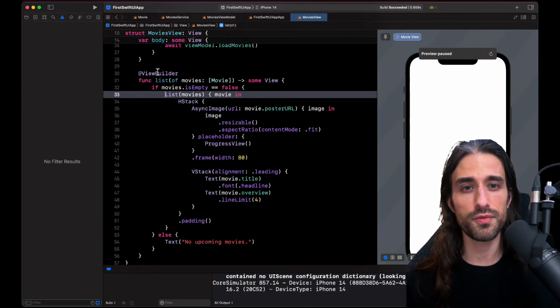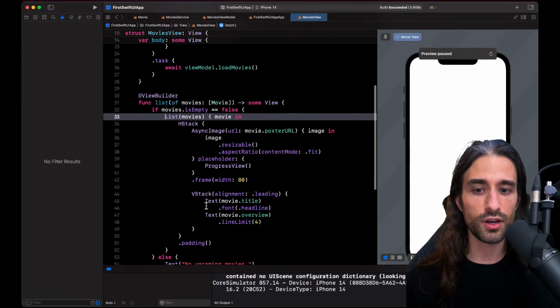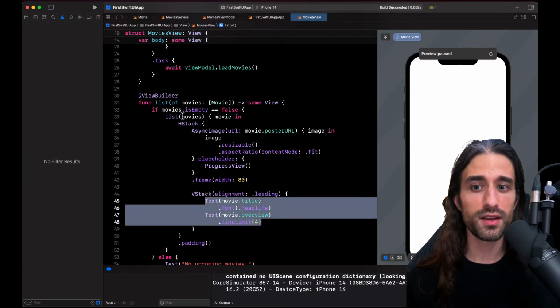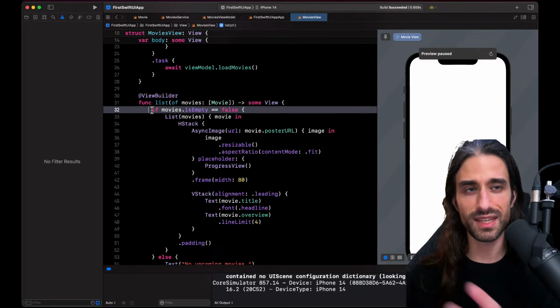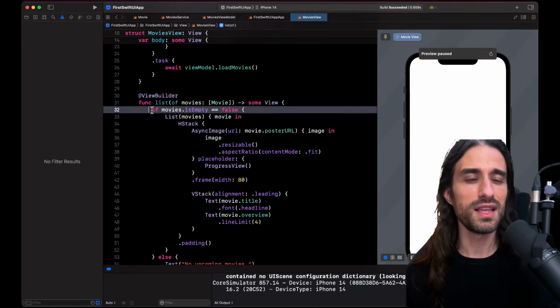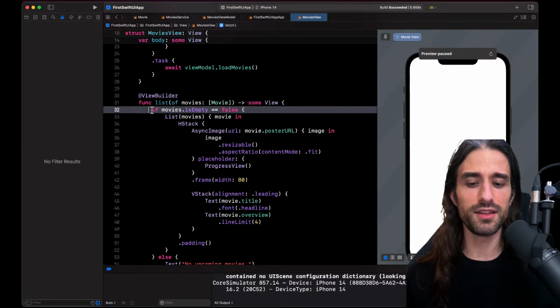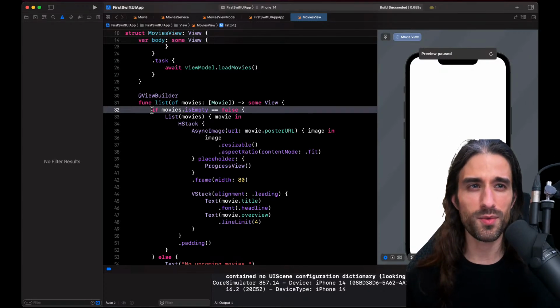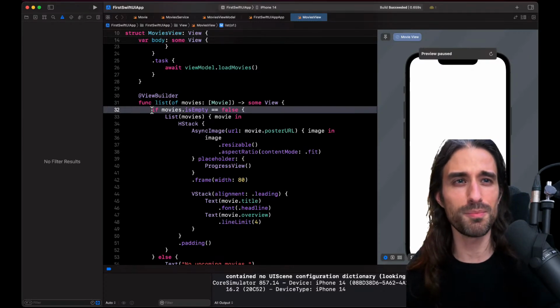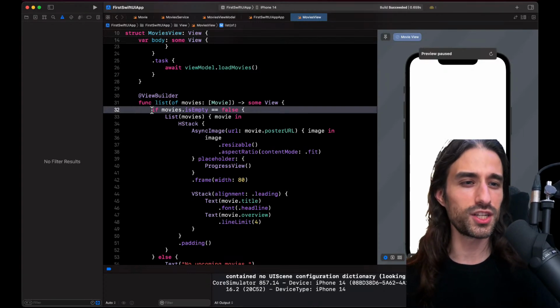So like I said before, ViewBuilder here turns two elements into an array. ViewBuilder can also turn an if statement into a data type. So it takes instructions and turns them into data. That's why I was saying it's kind of like a small little compiler in the language.